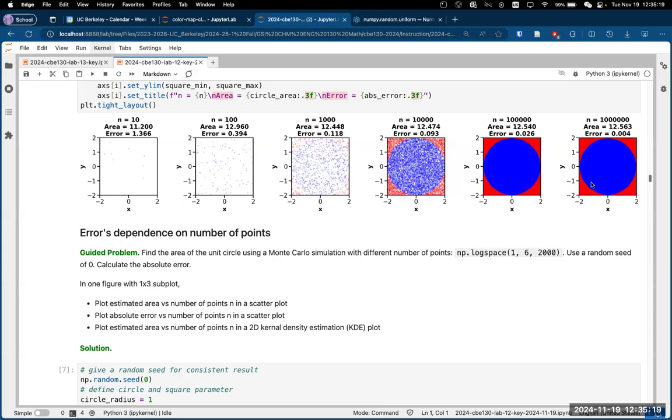Oh, because you got logspace 1, 6, 7, so you have 7 points. Oh, is it not like the last one isn't included? Last one is included. Okay. So if you print it out,